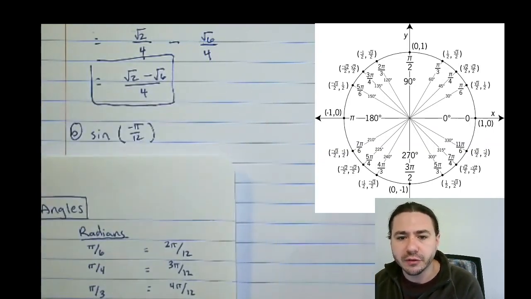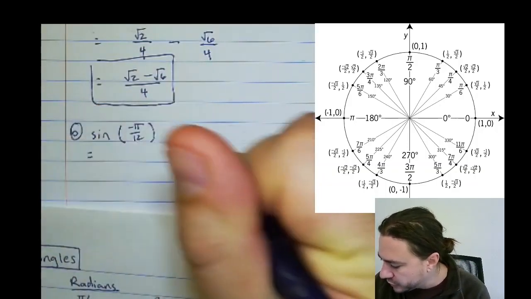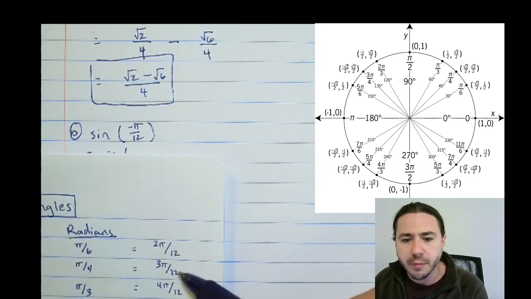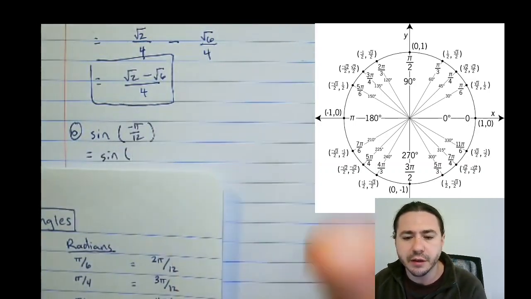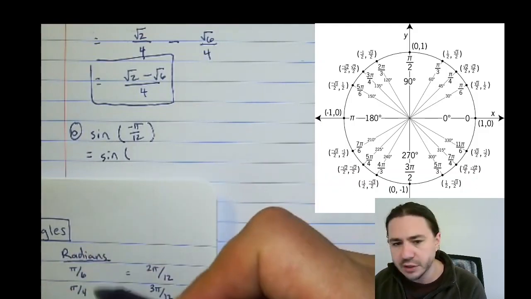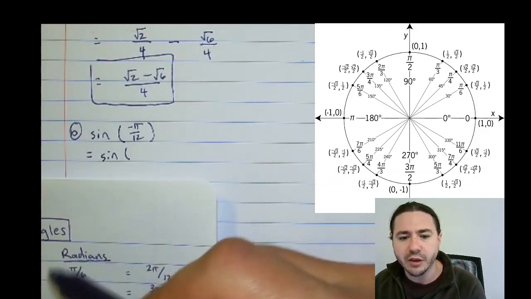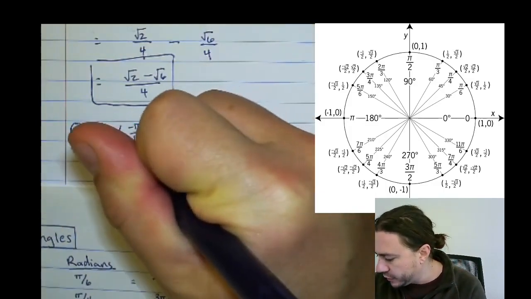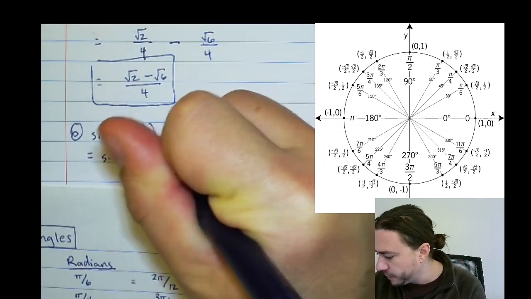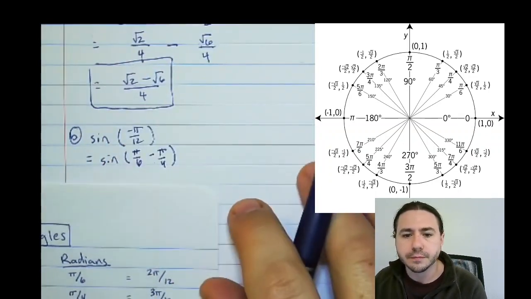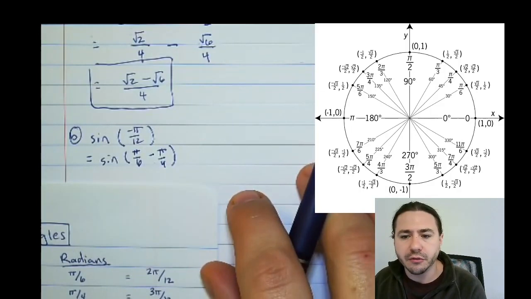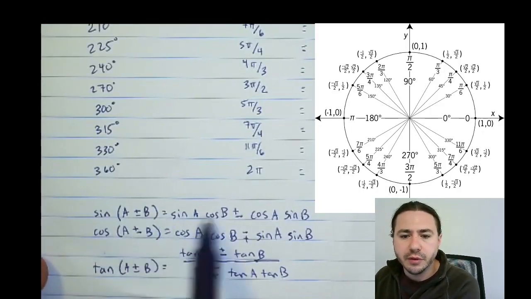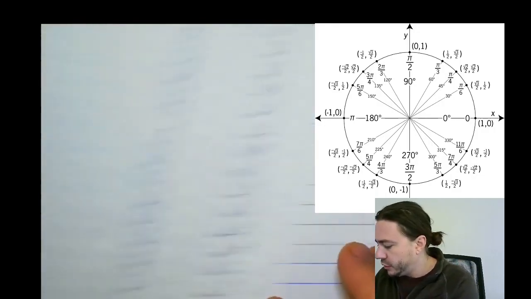So let's go ahead and start this out. I'm going to say this equals sine of 2 pi over 12 minus 3 pi over 12. That's what's going to give me the negative 1 pi over 12. But I'm going to use these because when we go to evaluate, we're going to be more familiar with these angle measures anyway. So that's going to be pi over 6 minus pi over 4. And so now we can use the sine difference formula. So the sine difference formula is going to be this minus deal over here. So that's going to be